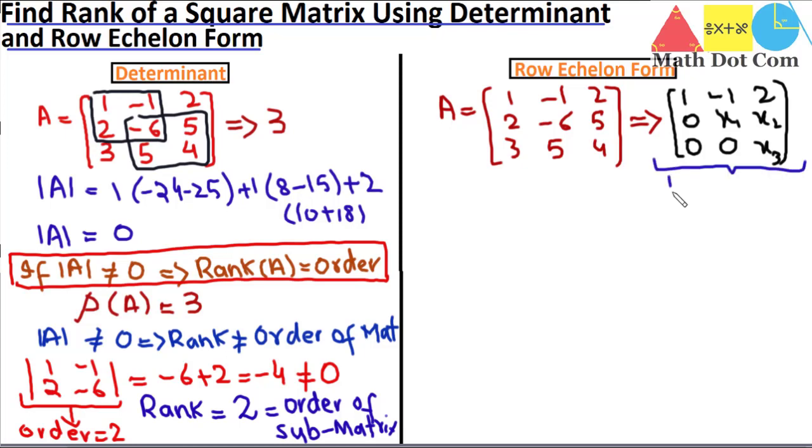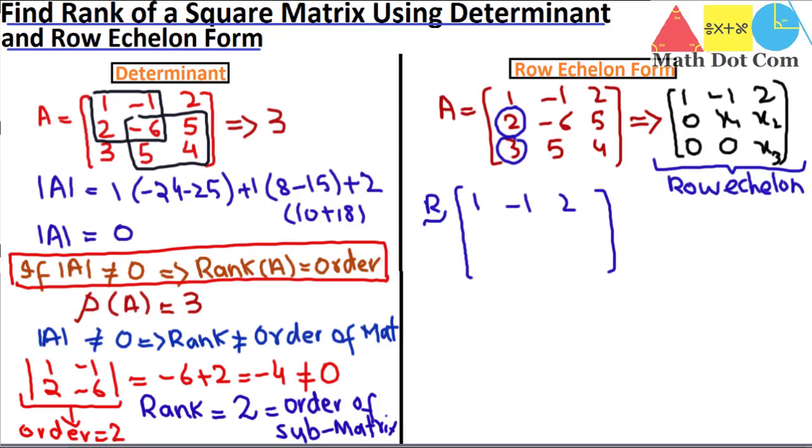This is basically a row echelon form in which each non-zero element has zeros in its column, and every second row has a non-zero element to the right of the first row. So let's convert it, as we are going to apply row operations on it. So I'll write it like this. What we have to do is make this 0 and this 0. So let's apply the row operation on it, using 1, minus 1, 2, and 2. We can make it 0.